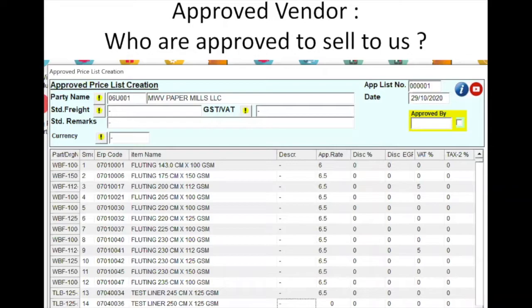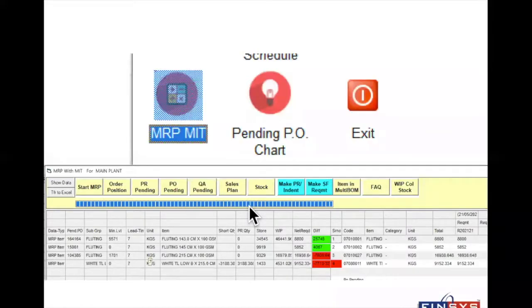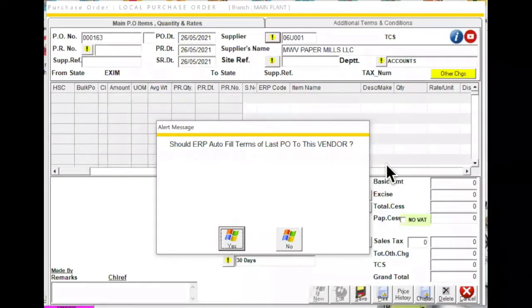Let us say I will be buying ink of this grade from this vendor only, or maybe these two vendors, or maybe these three vendors. These consumables, these papers, these films can be purchased only from these specific vendors and at these rates. So it's very important. Please go ahead and use the approved vendor concept in your company. So approved vendor concept comes in, material MIT comes in, and my PO is made.